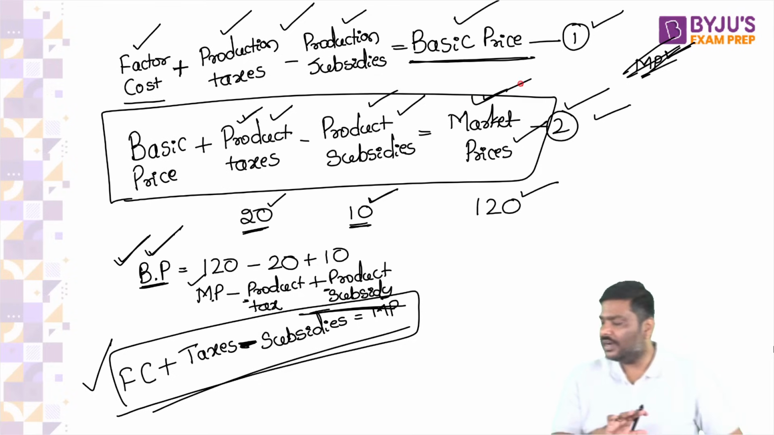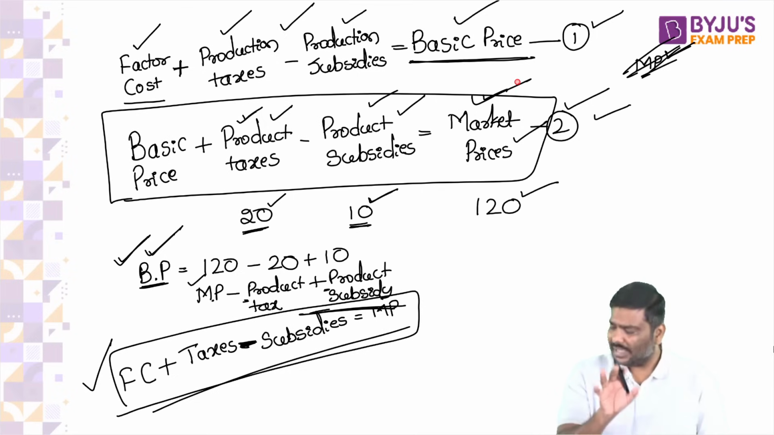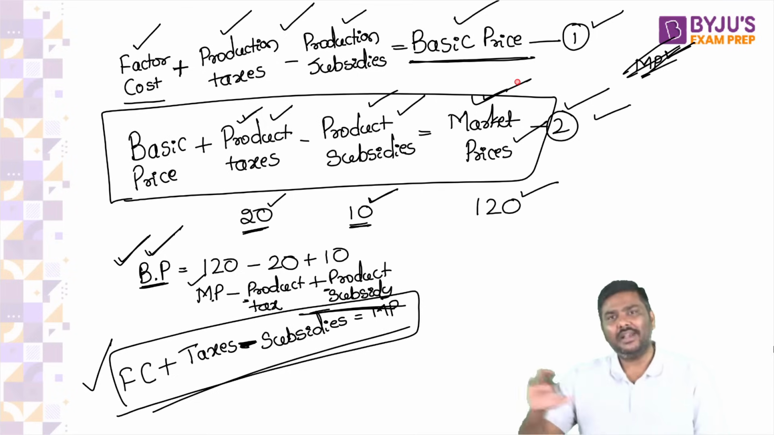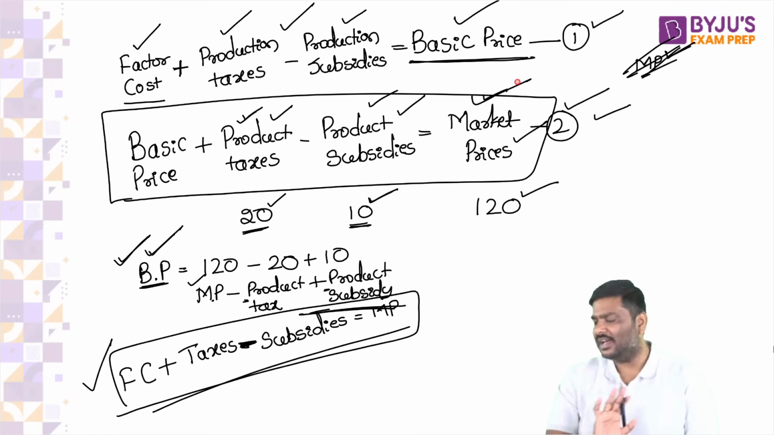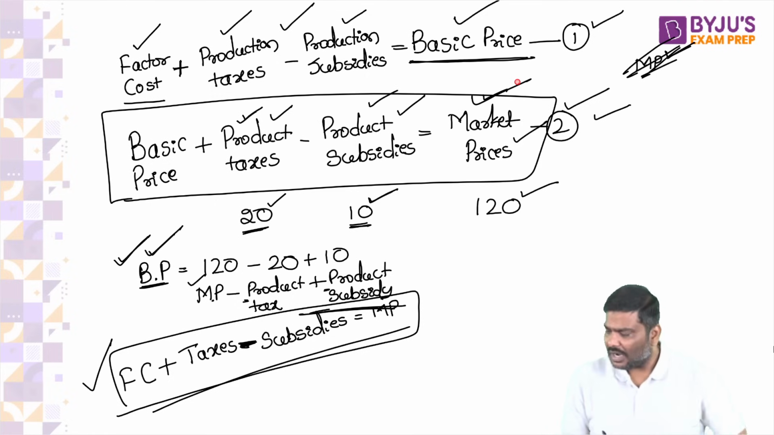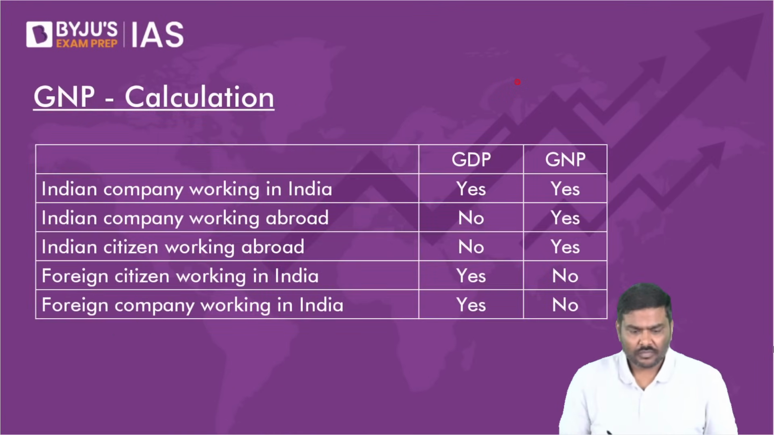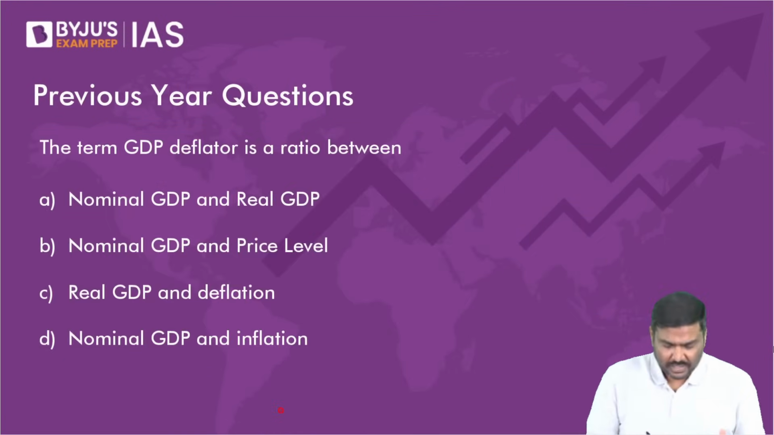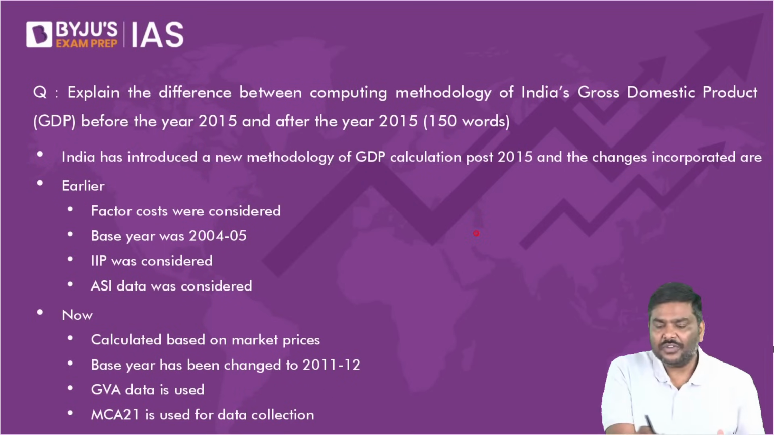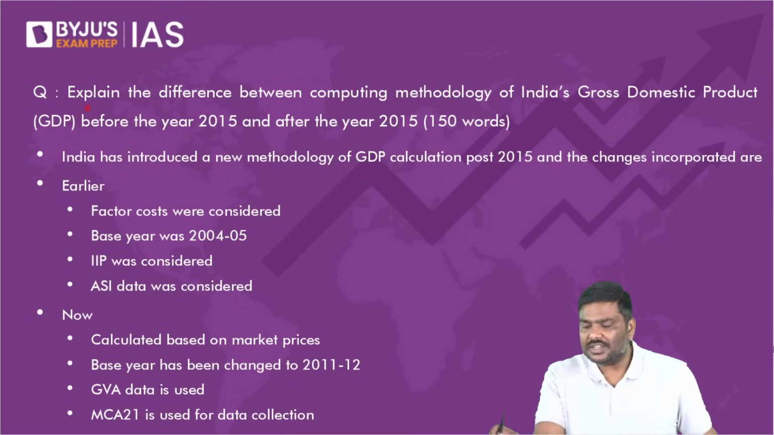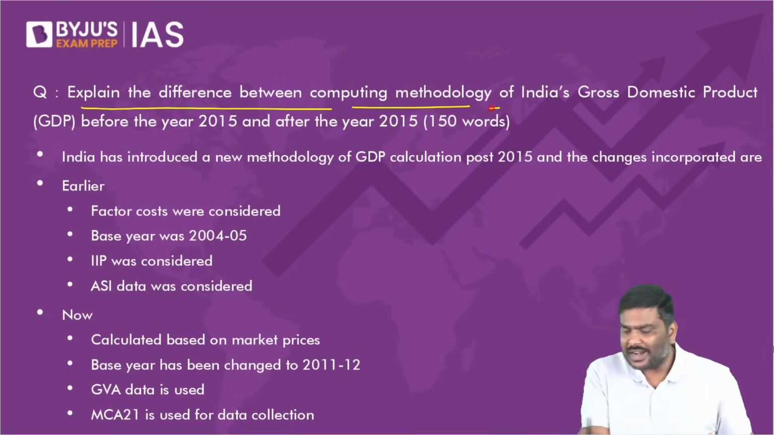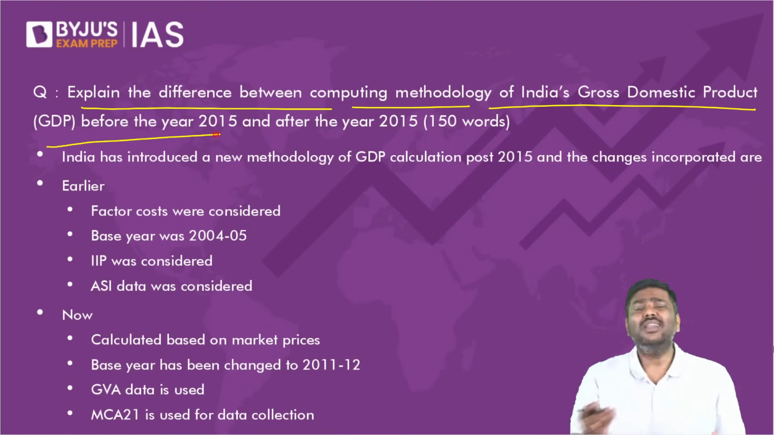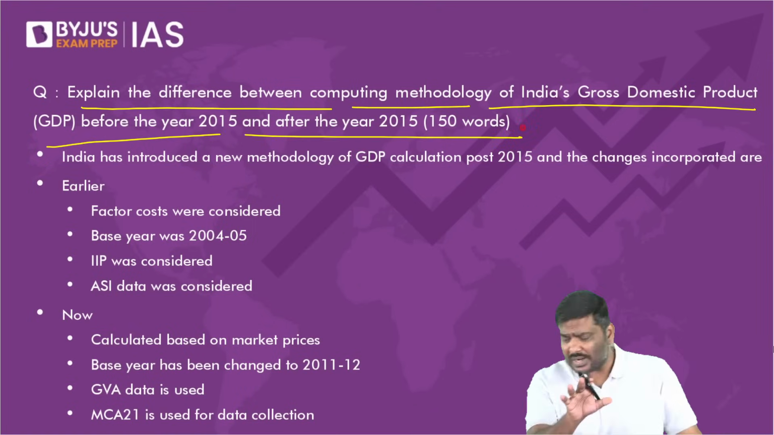Can we go forward? Do not complicate this issue. Keep it simple. You don't have to do a PhD here. For example, understand this. This is the kind of question which was asked by UPSC, and let me show it to you. This was the question asked by UPSC: Explain the difference between the computing methodology of India's GDP before 2015 and after 2015. 150 words. Even if it was 250 words,